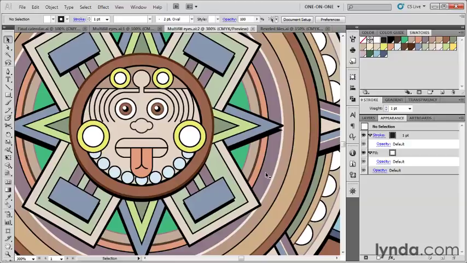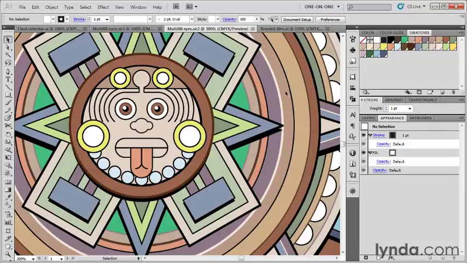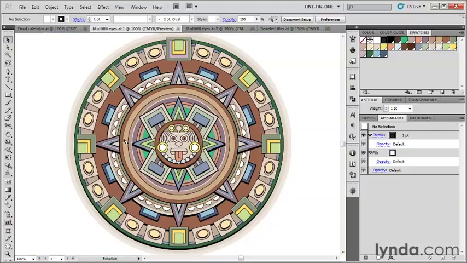In this exercise, I'm going to show you how to create a repeating tile pattern inside of Illustrator, and not surprisingly, we're going to apply that tile pattern to our stylized Aztec calendar. So I've gone ahead and saved my progress so far as multifilleyes.ai found inside the 07 fill stroke folder,